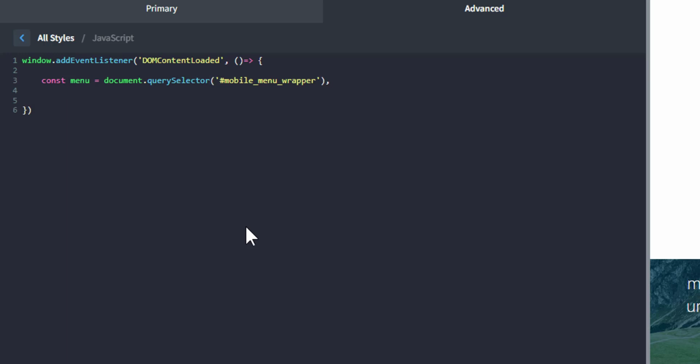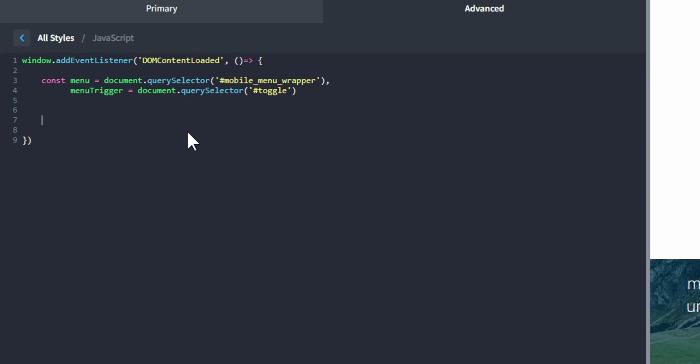Then I'm going to create another one that will be the menu trigger, or I could just call it trigger, but let's just leave it as menu trigger. So it's going to be document.querySelector, and that will be the toggle.